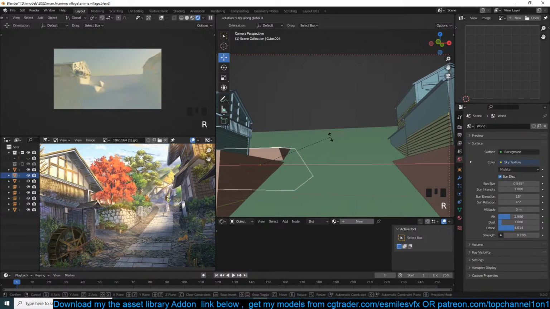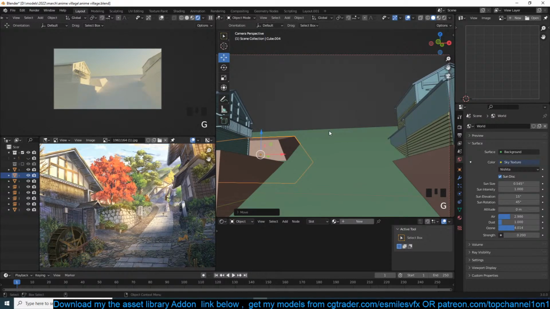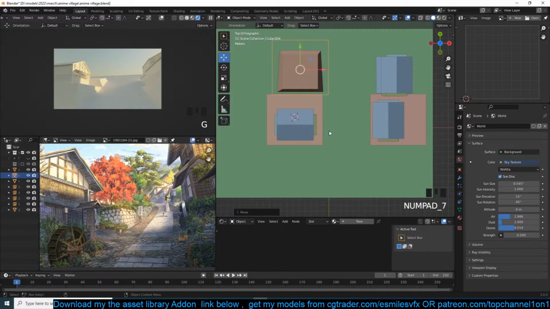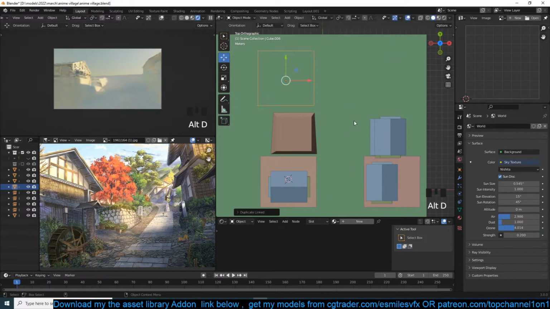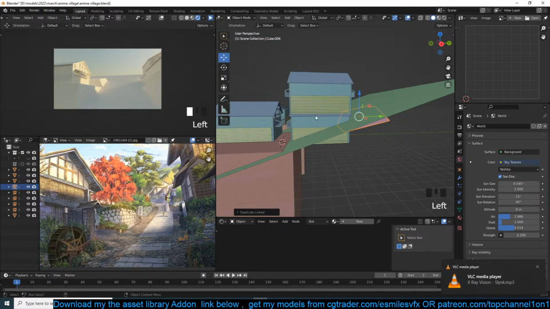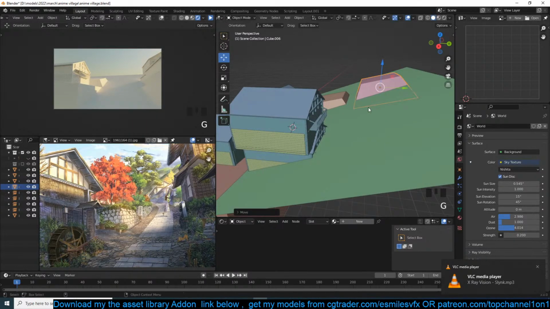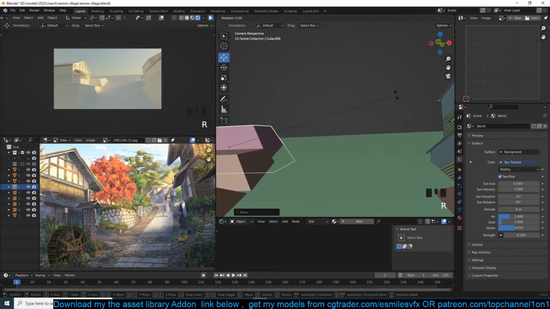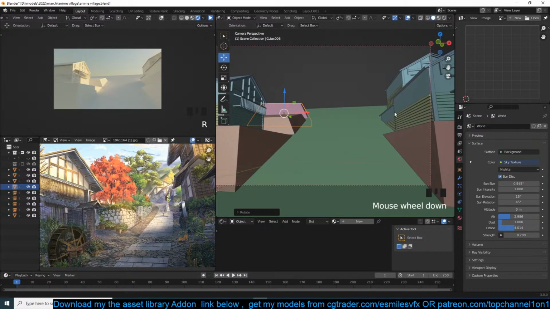Yeah, I think it's very important not to underestimate how much blocking is required here. If you're doing the same project that I'm doing, I think it's very important to begin by blocking out your scene like I'm doing here. Otherwise, you're going to spend quite a lot of time